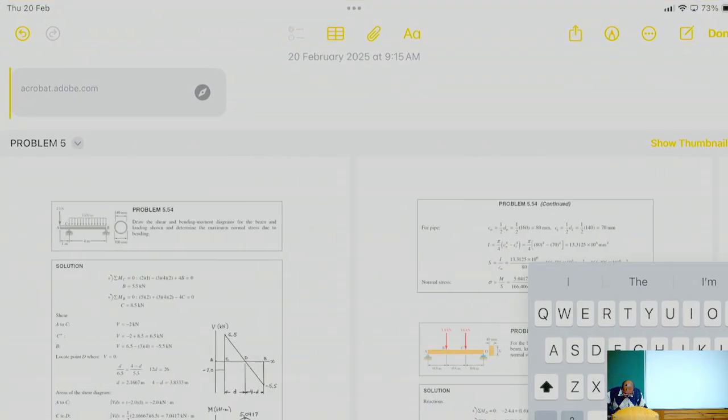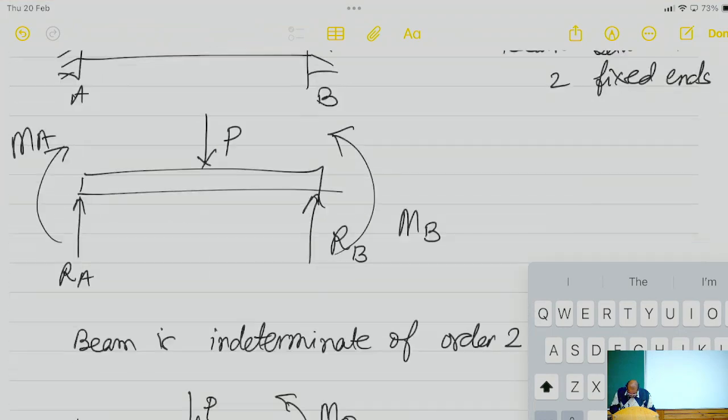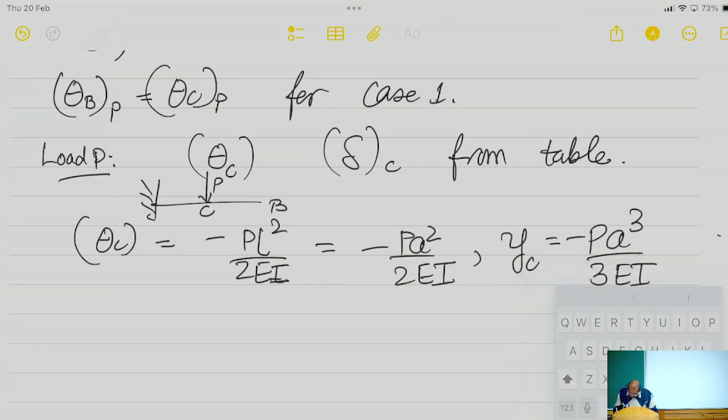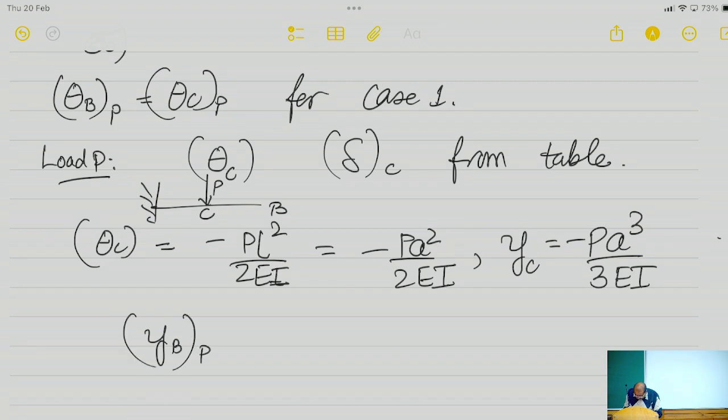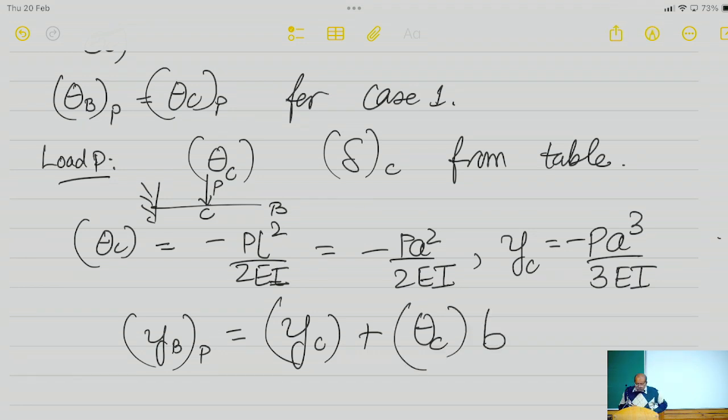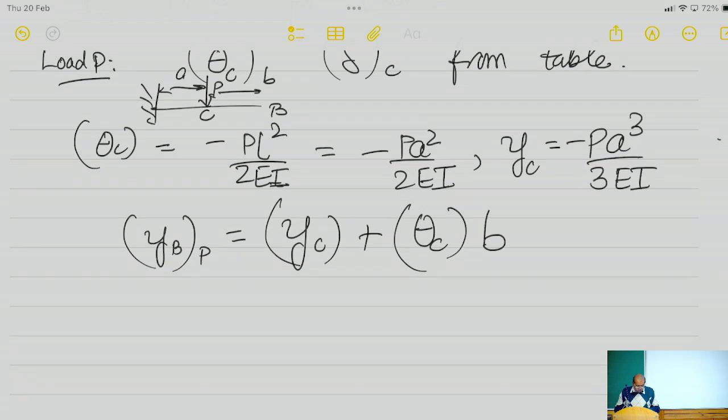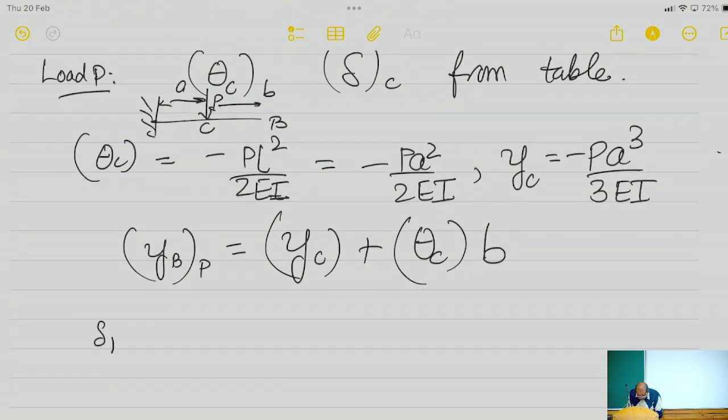So this is what I have used here. And so now what I have to use is YB at P is equal to Y at C plus theta at C multiplied by B. Okay, so this distance is A, this distance is B. So this is how I get the slope. So that means delta 1 is equal to